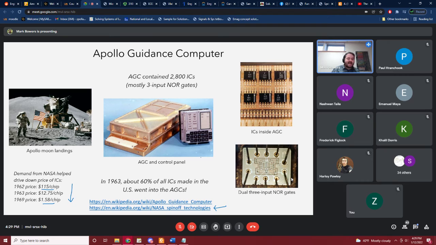Okay, so that's just one of, I think, the most historically significant examples of some of the early applications of digital logic. Yeah, in the chat, Olivia pointed out, for reference, $115 then is about $1,000 now, right? So going by that, maybe this is in the neighborhood of $10 roughly. So going down in price 100 times, pretty significant. So okay,